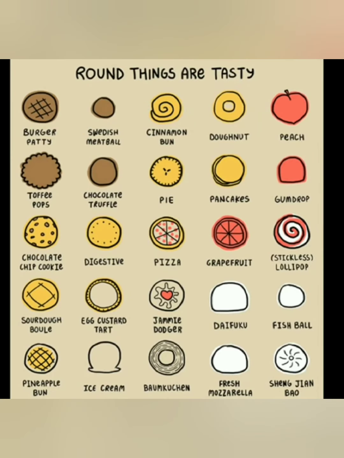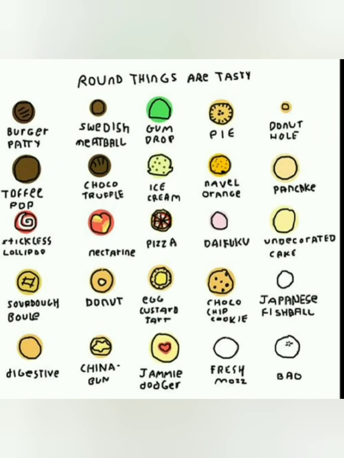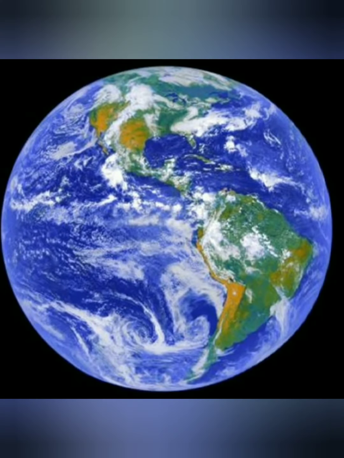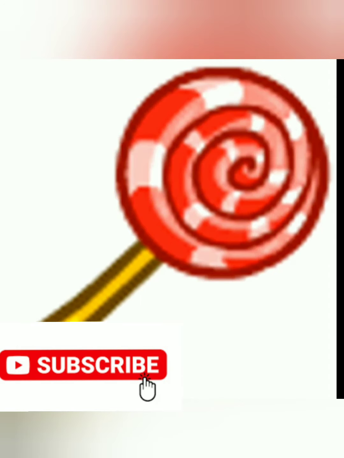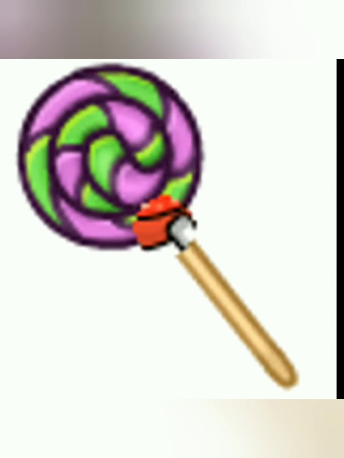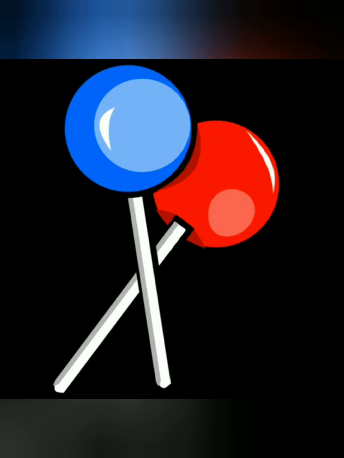Today in our maths class we are going to discuss the topic circle. In our environment you find many things that are round: a wheel, a bangle, a coin, etc. Many are there. We use the round shape in many ways. You can see all those things in the pictures.